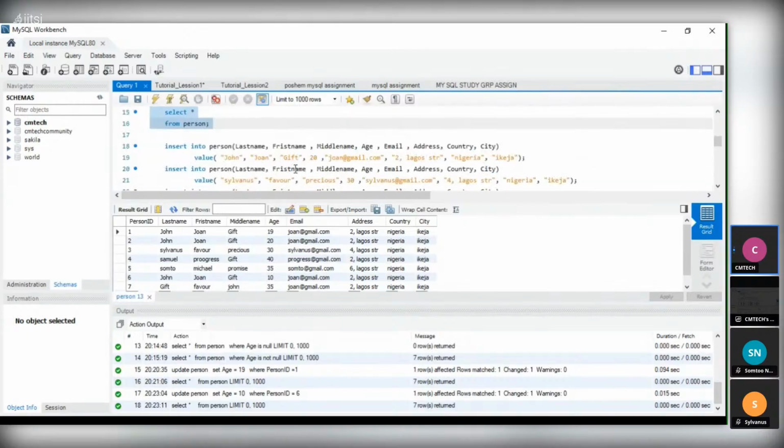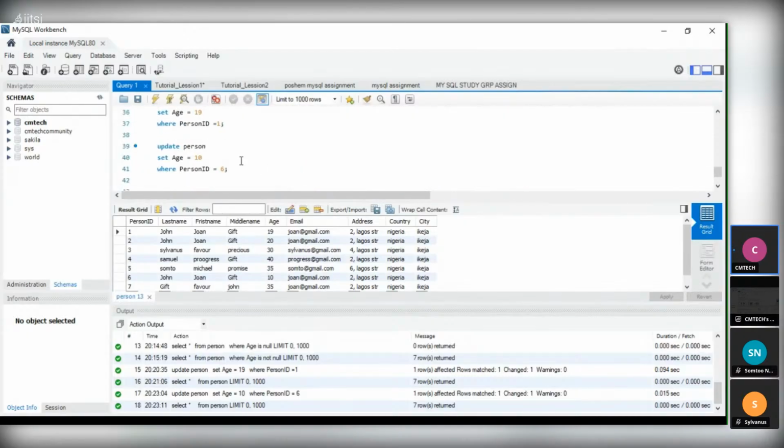So I believe this is clear to you. And now let's see how. Can you tell me how I can change, let's say, the city to any other city in Lagos, in any of the columns?